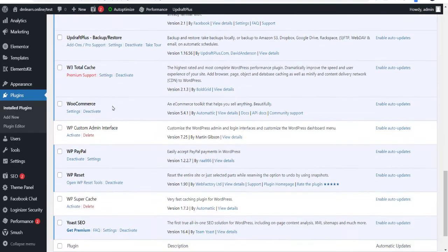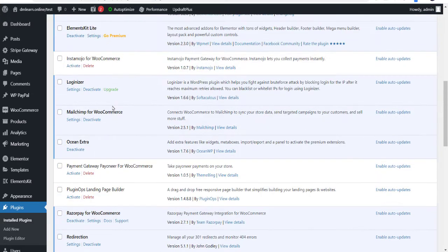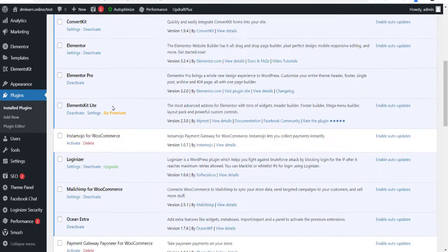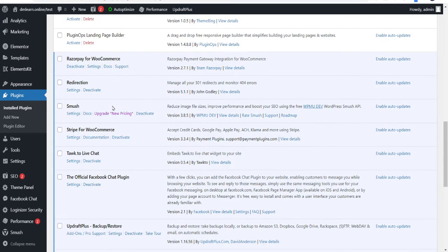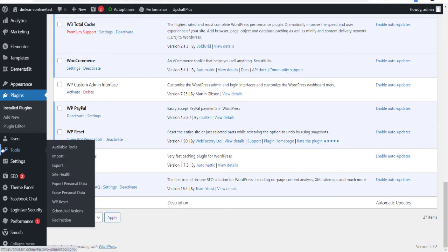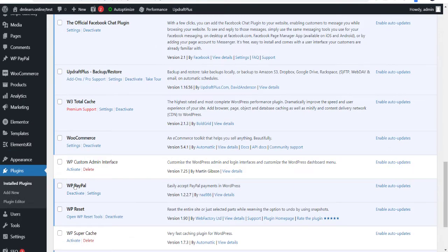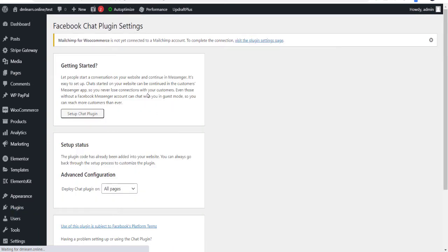Let me see. Where has it gone? Yeah, this one, the official Facebook chat plugin. So we need to integrate it, add settings and whatever they ask for.